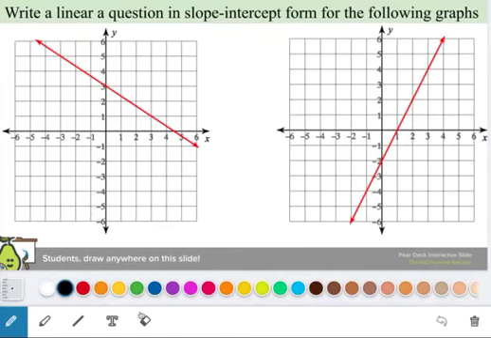All right, so this was homework. This is the last slide you do. You need to write the linear equation in slope-intercept form. Most students tell me they want to find slope first. So slope is